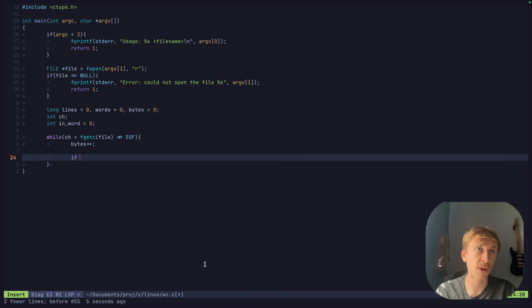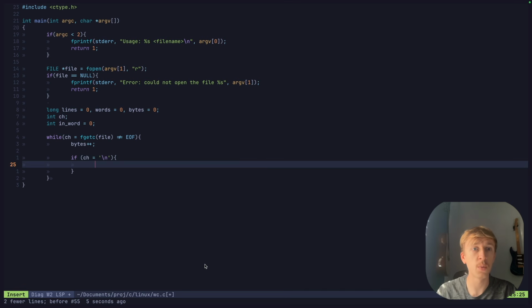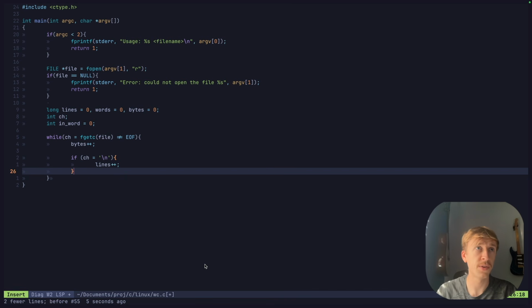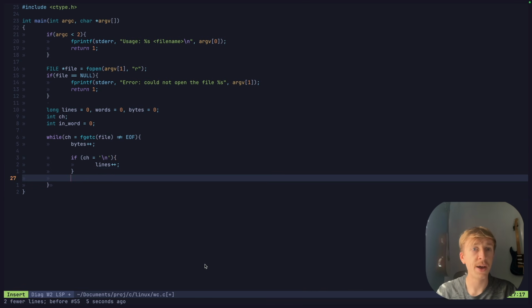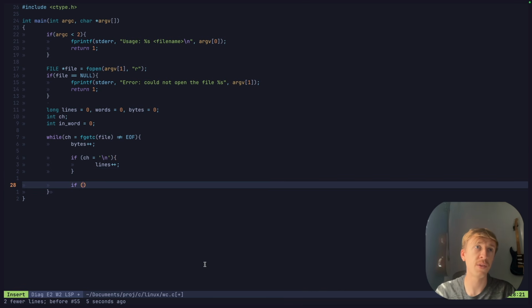So we're going to do this first. So let's just deal with this first. We'll say if the character is equal to backslash n, new line, then what we're going to do is increment lines. Fantastic. All right, so we're counting the amount of bytes we've got, counting the amount of lines we've got, counting the words we've got. So bytes is going to get incremented with every character we pass through. So that's good. Next again, if isspace,